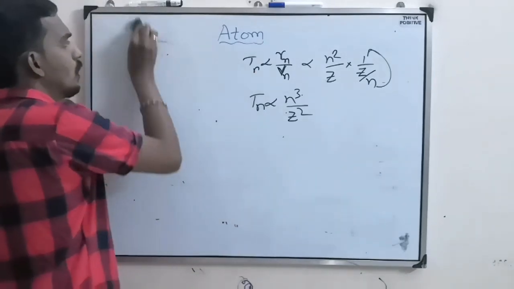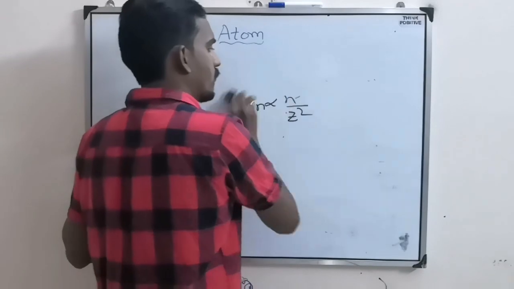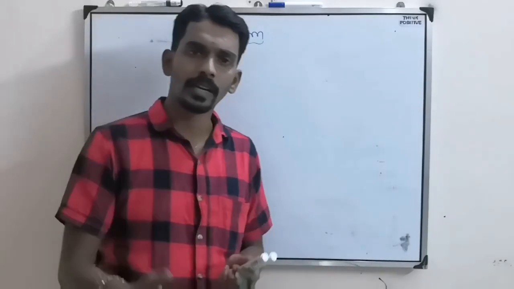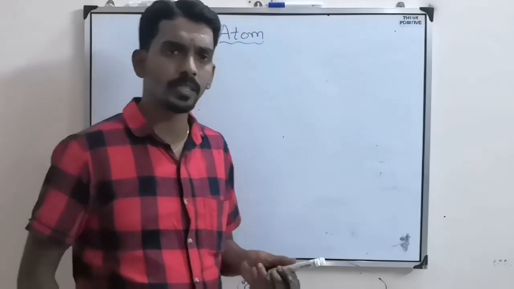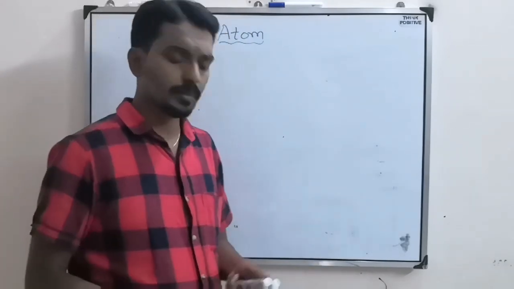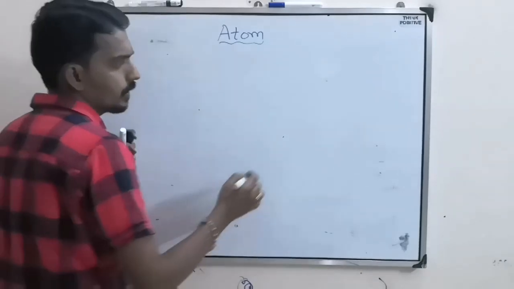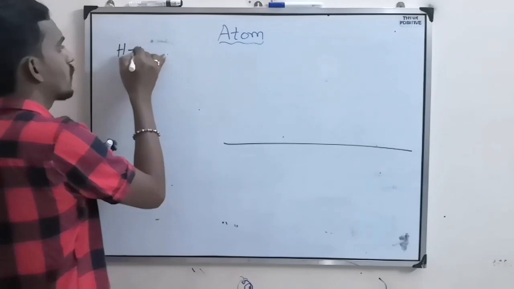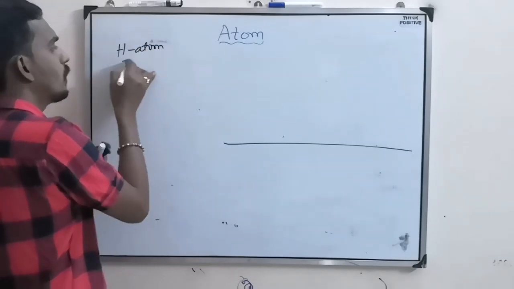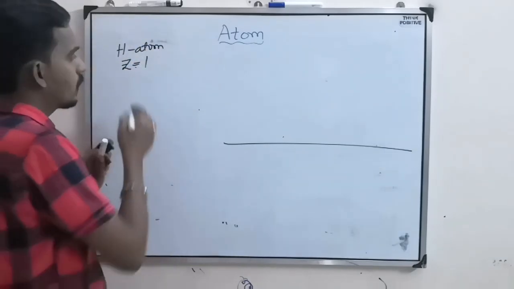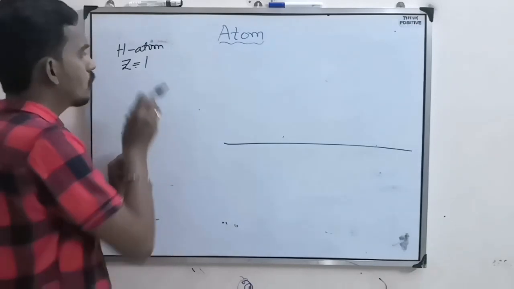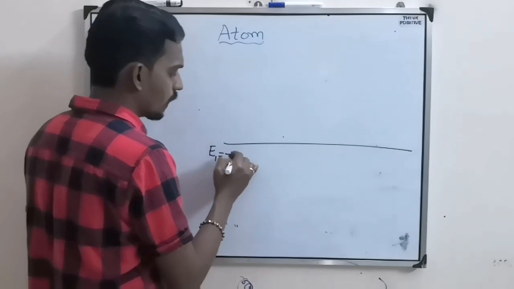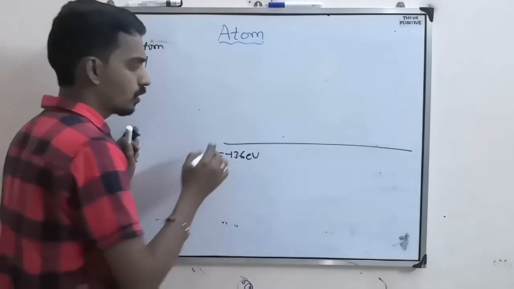Now after this, the other questions they can ask apart from these derivations, like what is the radius, what is the velocity, what is the energy, what is the time period. Apart from that, they will ask questions particularly about the hydrogen atom, where the equations remain the same but z equal to 1. So for z equal to 1, the ground state energy is minus 13.6 electron volt.